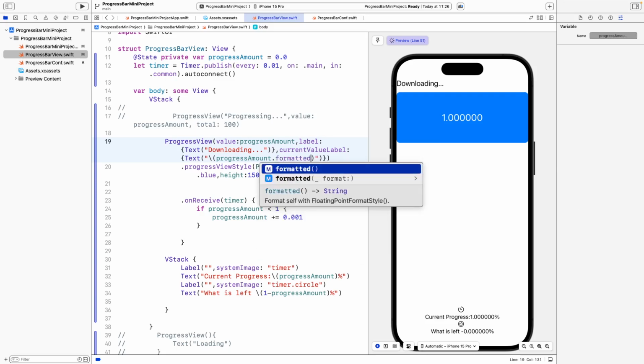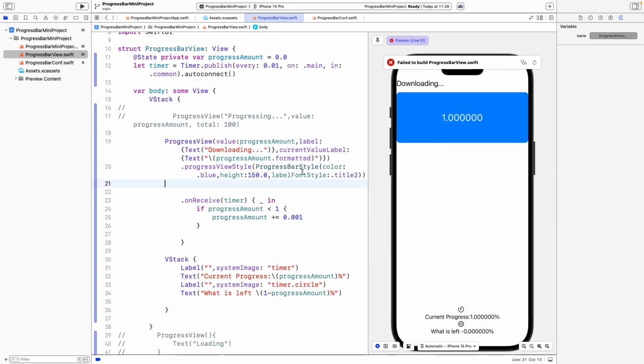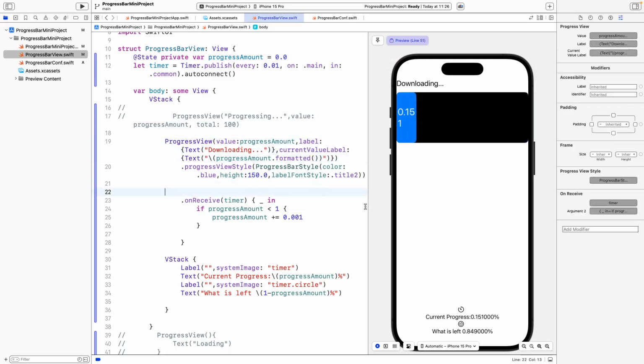Okay, so I can use format, and that is already enough. If you use formatted, you can see it's already been formatted. It's getting the minimum requirement, because every time you add 0.001, the format will just extend the fraction length to the minimum